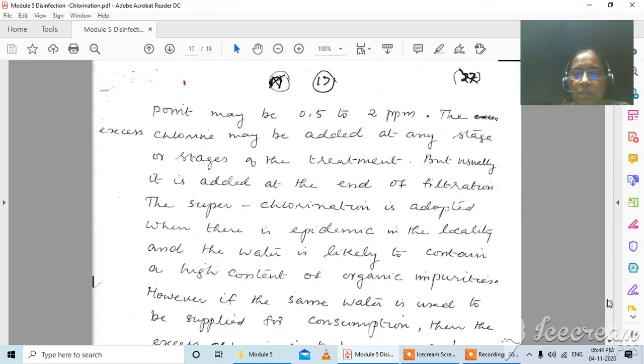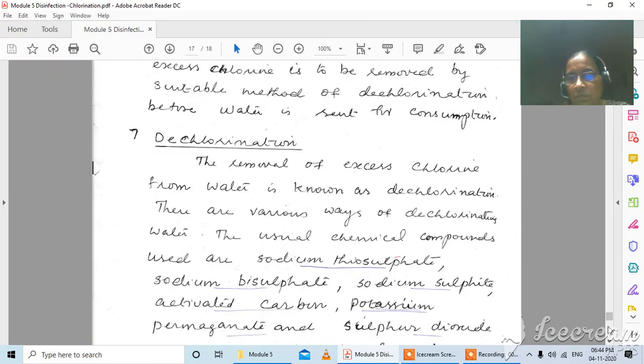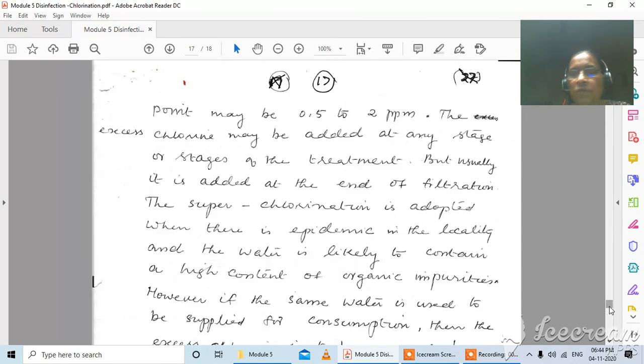after breakpoint may be 0.5 to 2 ppm, and the excess chlorine may be added at any stage or stages of the treatment, but usually it is added at the end of filtration. Superchlorination is adopted when there is an epidemic in the locality and the water is likely to contain a high content of organic impurities. However, if the same water is to be supplied for consumption